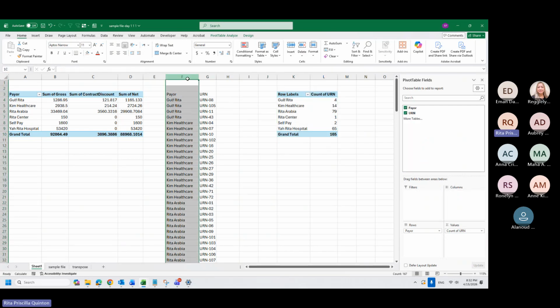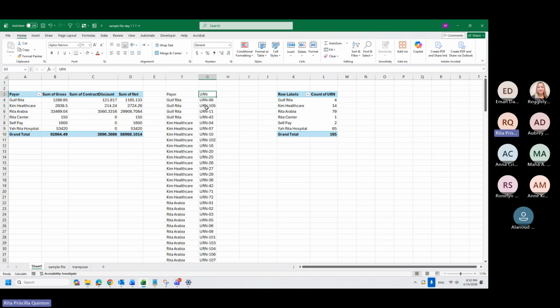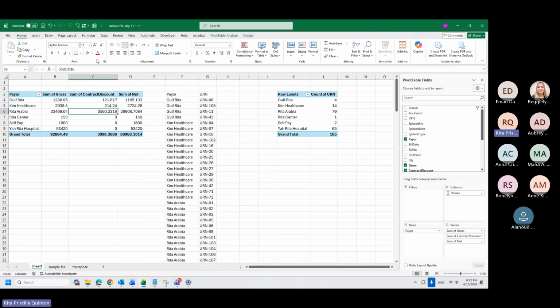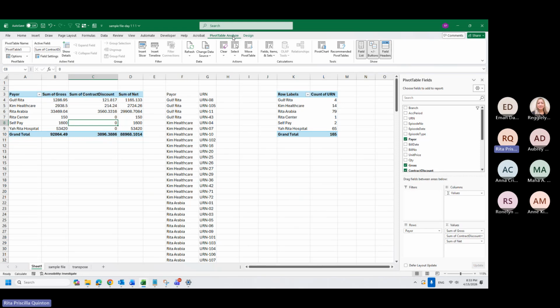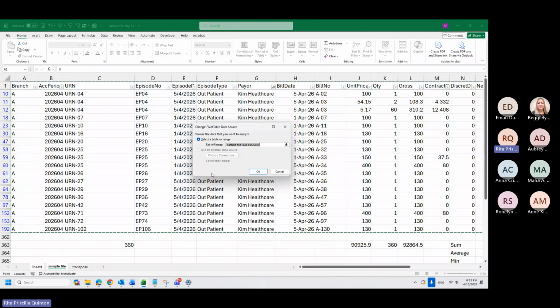But how did we come here? You have to do also this one, just removing the duplicates. Pivot table also. Okay, for pivot table, sometimes when we receive files from other people and there's already a pivot and you don't know where it's linked, you can go here on the pivot table analyze and then click change data source here. It will show you where is the data source. So it says here A1 to U361 of this sample file tab.